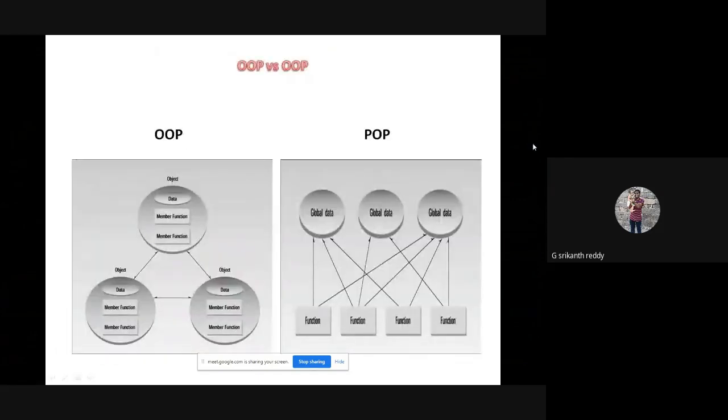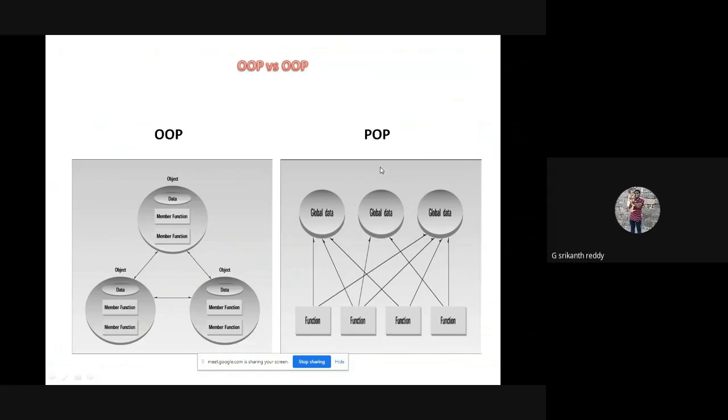As we have already seen, these two paradigms in the context of paradigms for problem solving, and as you can observe the diagrams here, in object oriented programming, the data and related member functions are bind inside an object. So every object has its own data as well as the member functions.